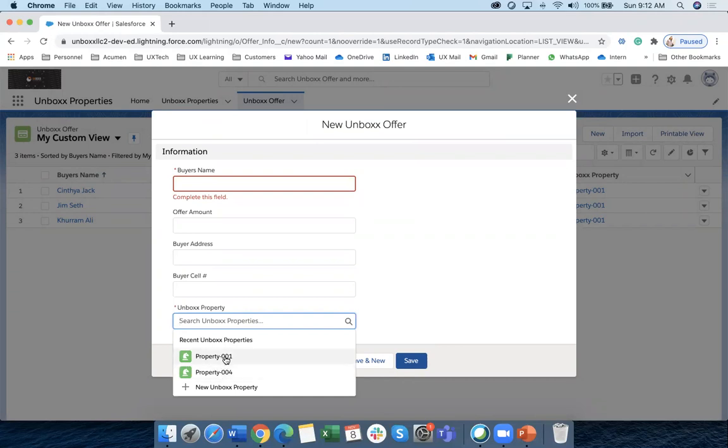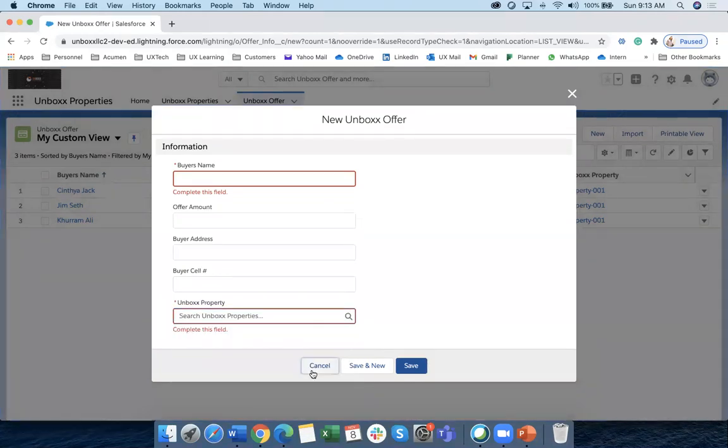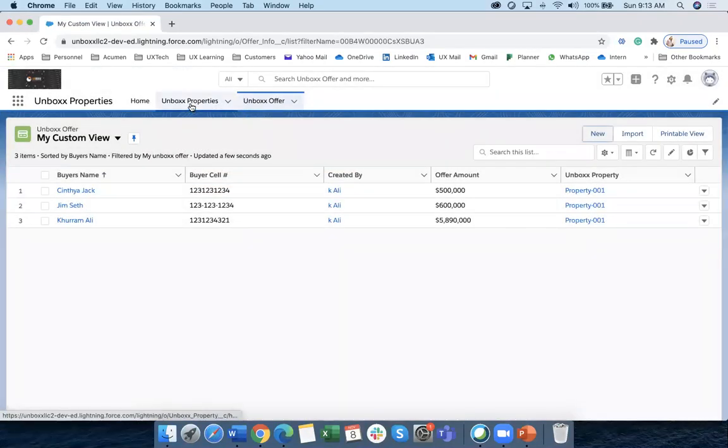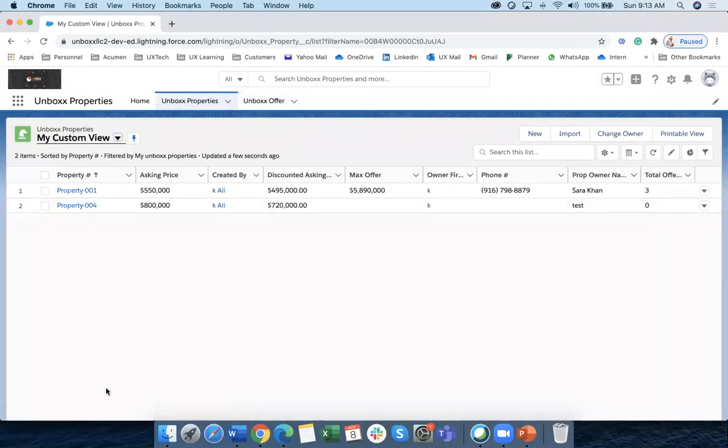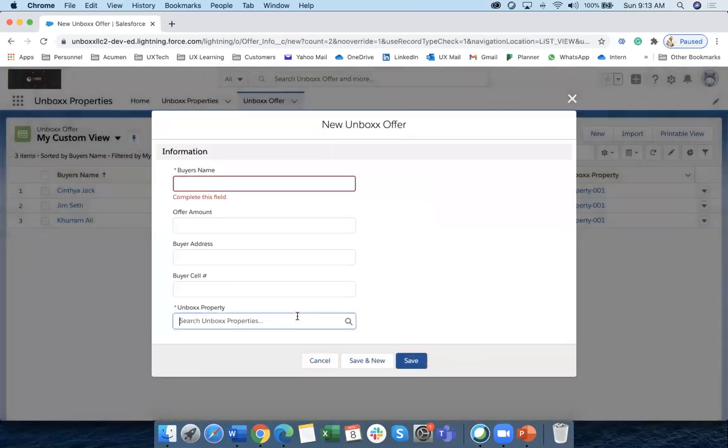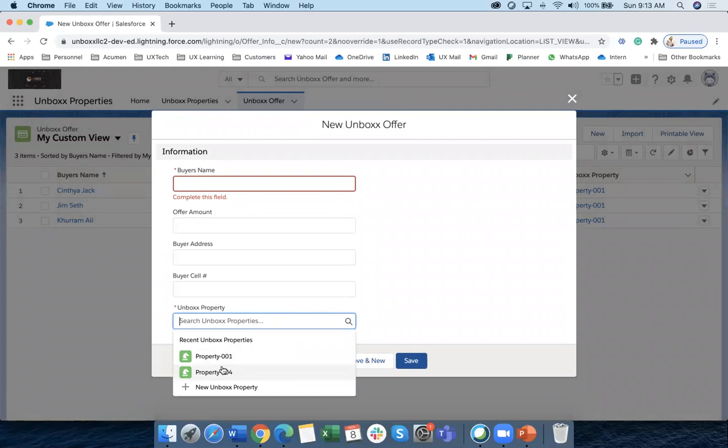you have recently accessed. So again, just keep in mind that in some cases, let's say you have 50 or 100 different ones, not all of them will appear. So all you need to do is start typing. Just to give an idea, a lot of times people might have confusion: okay, I have, let's say, 50 properties, and when I'm trying to gather, I don't see that property listed here, because this is only in most